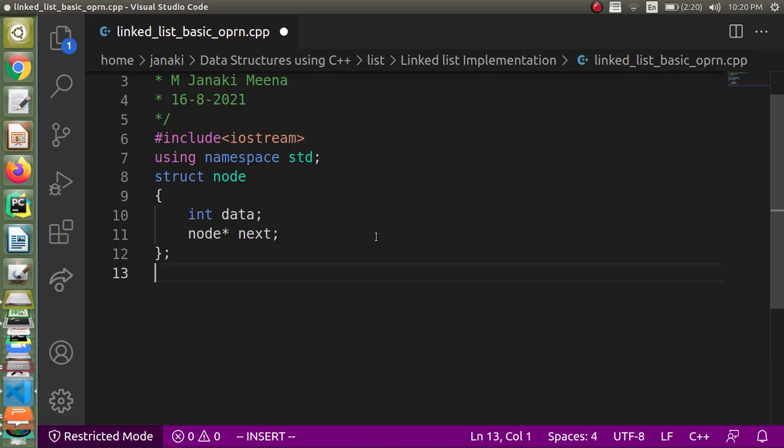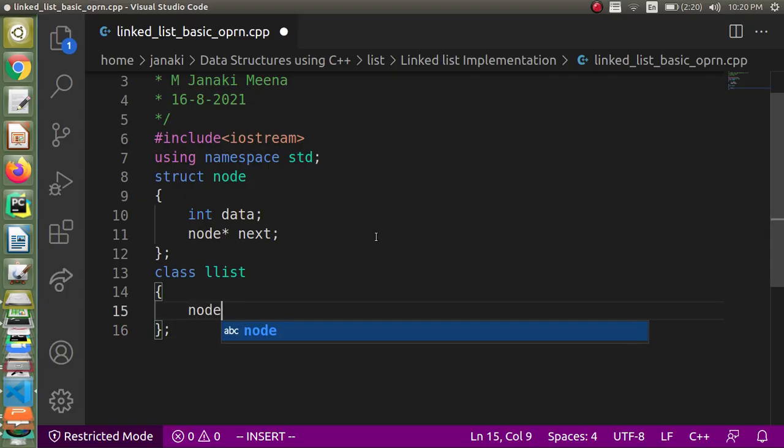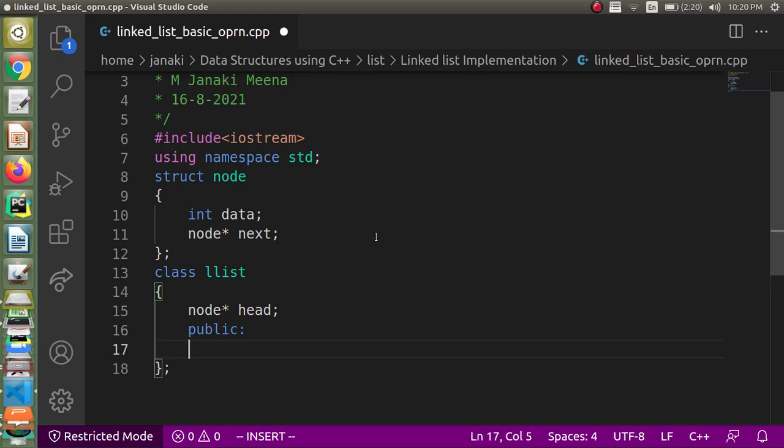Next we have to represent the list. We will represent the list by using a class. So class list, and the private part is going to contain the data member, that is head. Head cannot be accessed from outside, it can be accessed only from the member functions. Now we are going to use this create list function. This create list function is just going to make an empty list, so its return type is nothing. Actually the list which is going to be created comes implicitly, right?